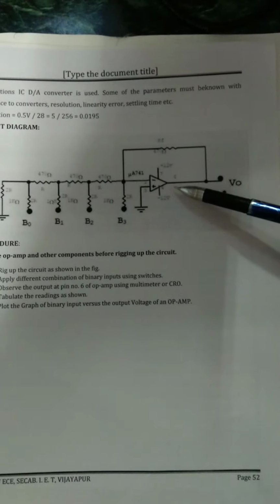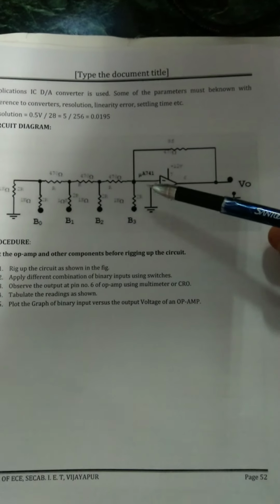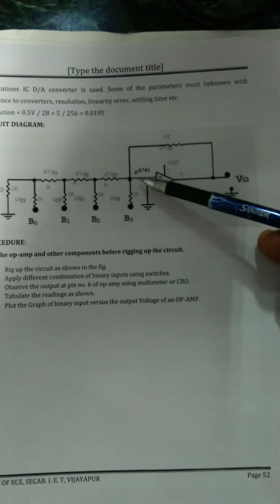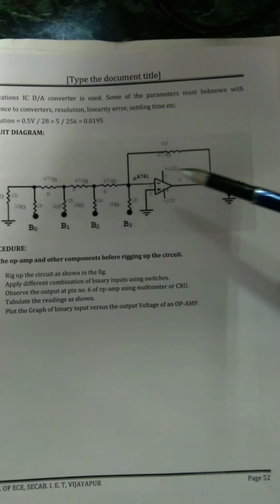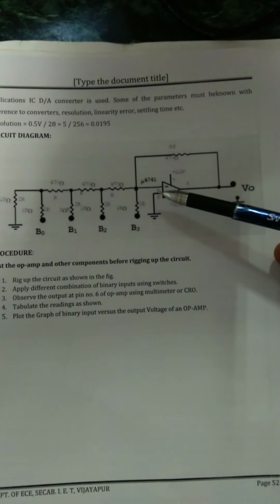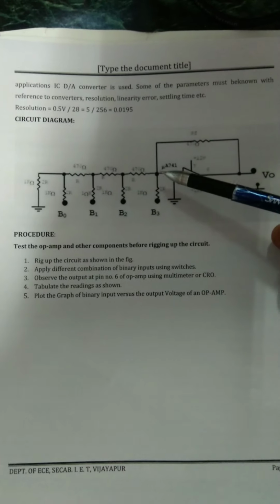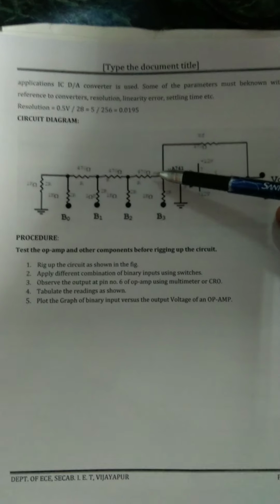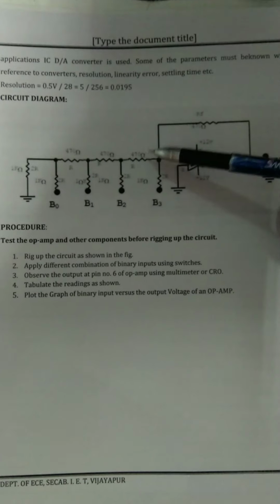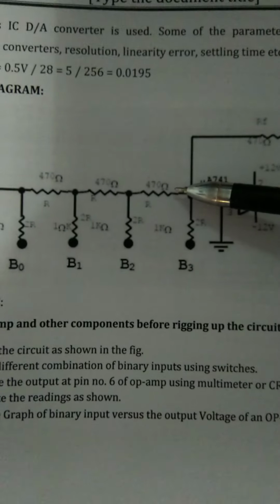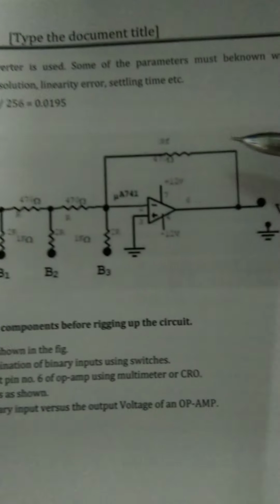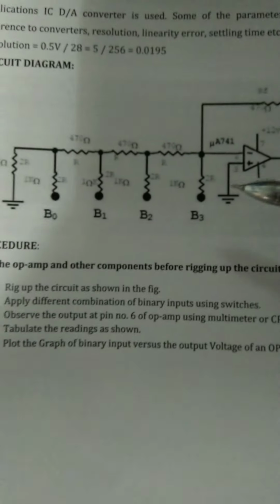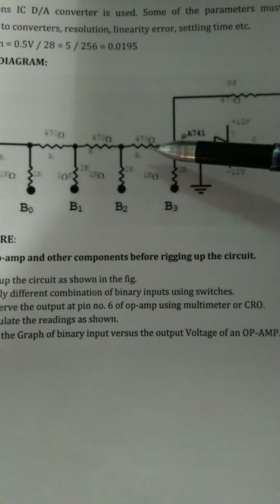It is using an op-amp, the 741 IC, and we are connecting the R-2R circuit to the inverting input terminal, that is pin number 2, and we are giving a feedback resistance RF. Part of the output is given back to the input. Along with this RF we have R, R, R, the horizontally connected resistors. I am calling it R, and I am taking the value as 470 ohms. So 3 resistors I am taking of 470 ohms. RF is also 470 ohms.